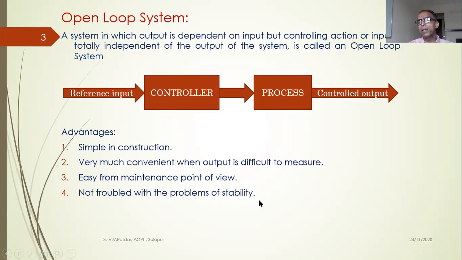Stability in the sense, see, let us take the case of a classroom. If I'm taking a class, and if I am taking the feedback of the students constantly, what happens is the concentrated or the focused student gets disturbed. Why is the teacher troubling? Whether you're following me, if I'm taking feedback constantly, that disturbs the stability of the students as well as the class, the entire class. So the closed loop control system tends to make the system unstable, so to say.